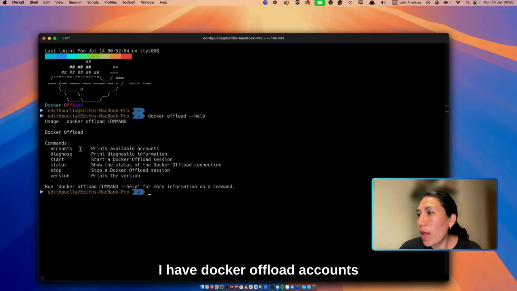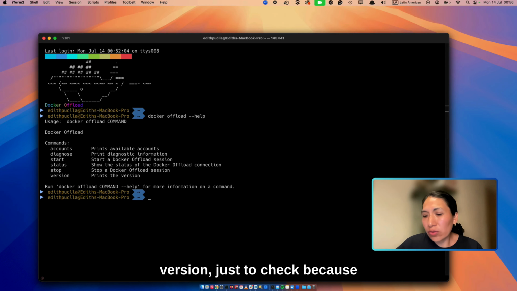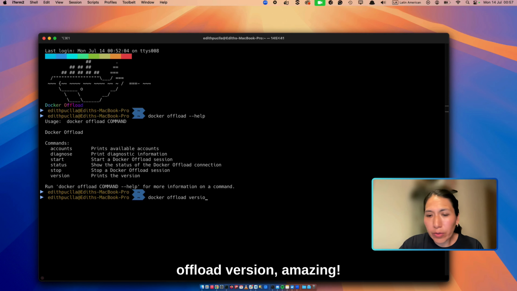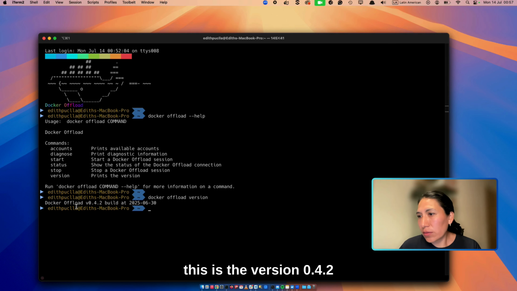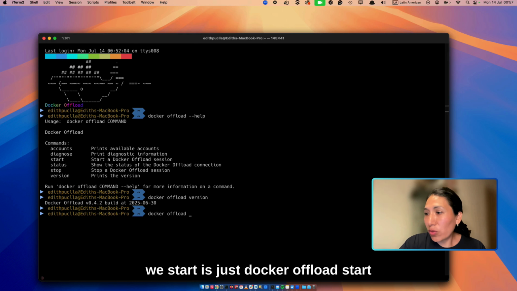So I have docker offload accounts, diagnose, start, status, stop, and version. Just to check, because I'm curious, I'm going to run docker offload version. Amazing, this is version 0.4. So nice. The way we start is just docker offload start,